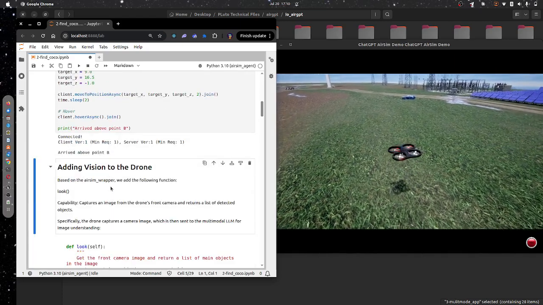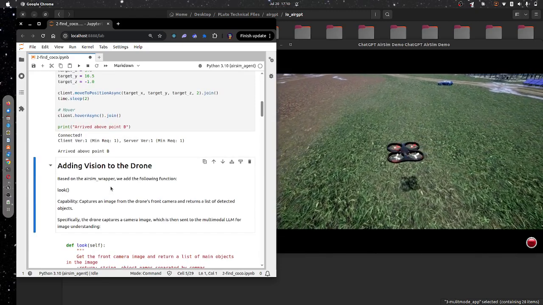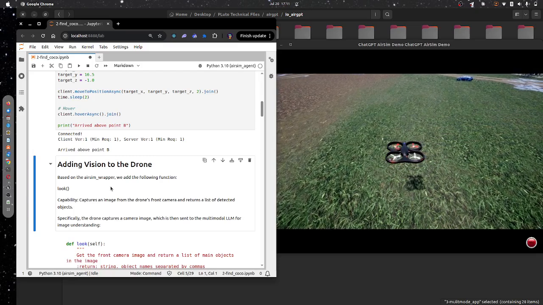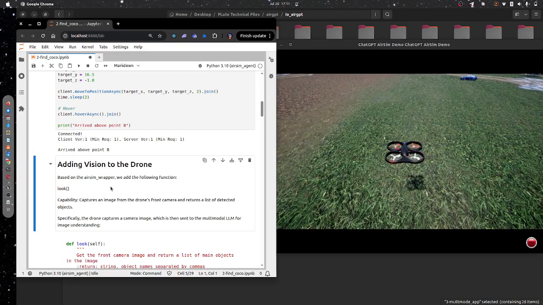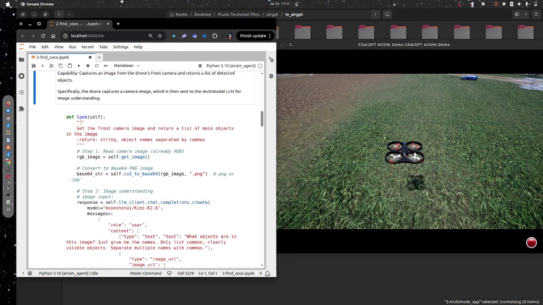So now, giving vision to the drone. Based on the sim wrapper function, the drone should be able to detect what's in front of it and then send information to the AI agent. Alright, so let me show you. If you look at this function, it has